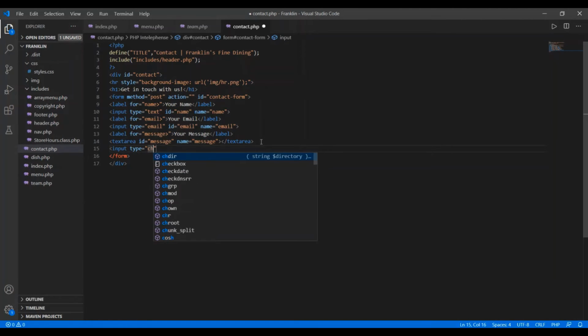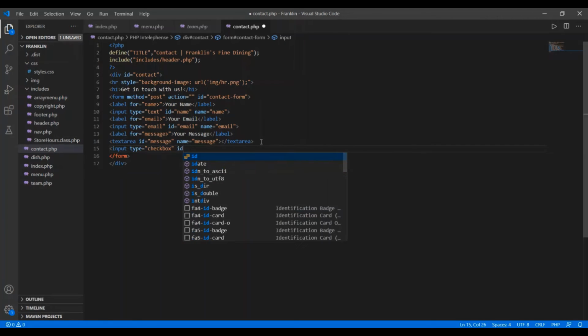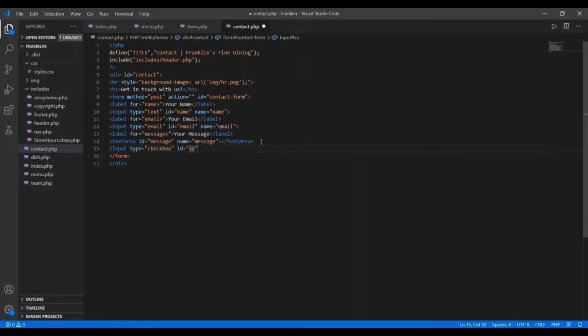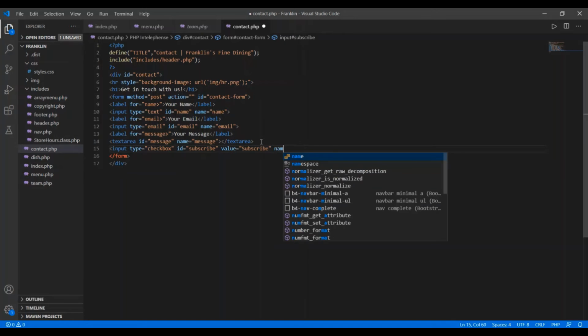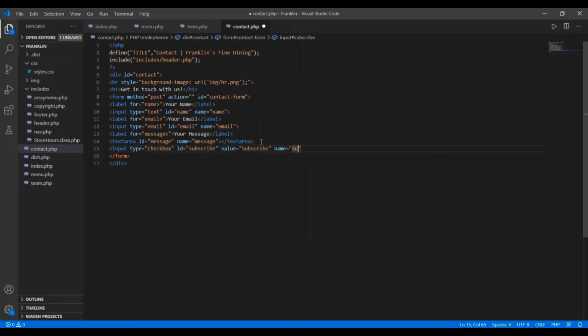In this case the type becomes checkbox, then to this I'm going to give the ID equal to subscribe, and the value I just wanted to give as subscribe, and the name to this I'm giving as subscribe.